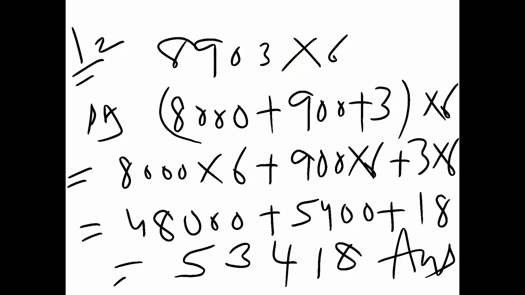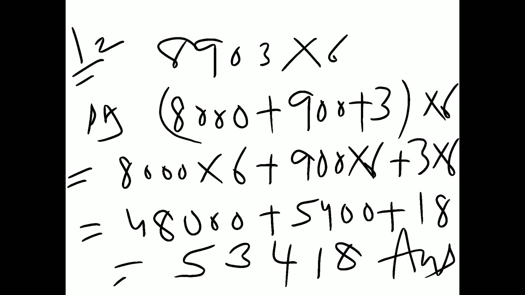Clear? So students, today we have done activity 3. In this we have done expanded notation. Expanded notation means one number you have to expand. As you did in the previous class, firstly you write 1s, 10s, 100s, 1000s according to its place. You have to expand the number along with the plus sign. Means when you write down the place value of the number, you have to put the plus sign in between. Clear? In that manner we do. So I hope you understand. Thank you and have a nice day.